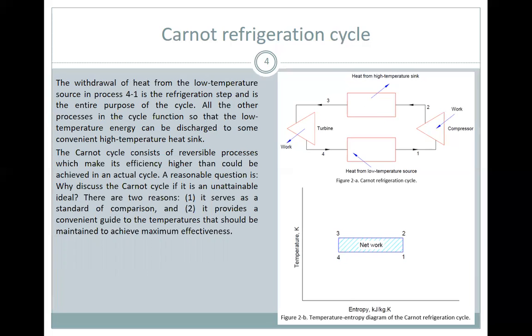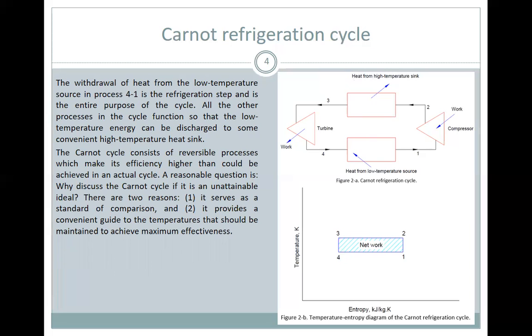Kasi dadaan kang init-init kasi yung condenser ng refrigeration mo. So hindi pwede yan. Kailangan yung tama lang. Tapos iboblow mo siya ng hangin para lumamig. Babalik naman dito. So the Carnot cycle consists of reversible processes which makes its efficiency higher than could be achieved